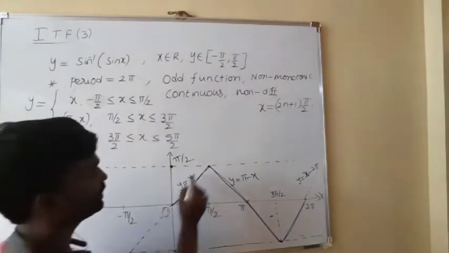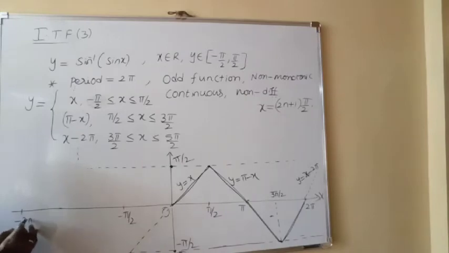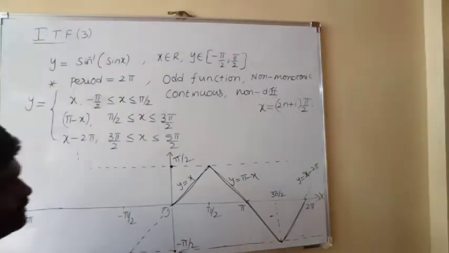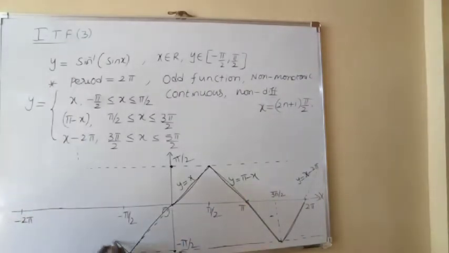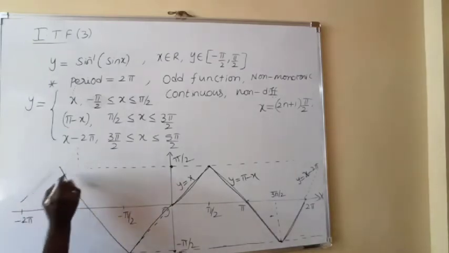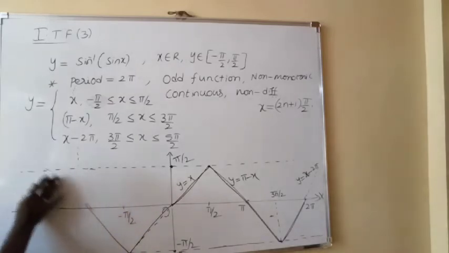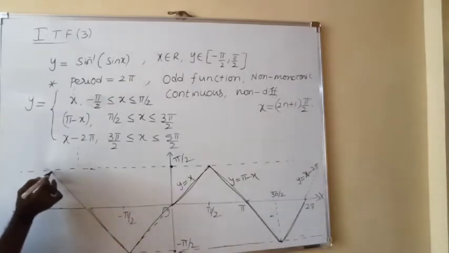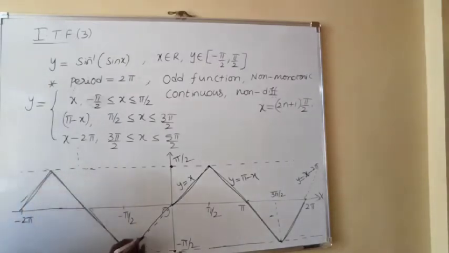So this is the main graph. You remember this main graph. Remaining graphs are duplicate graphs. So that means if you want to draw the minus 2 pi to 0 graph, the same graph will appear. So like this you got, no? Then here I will get this is the graph between minus 2 pi to 0.